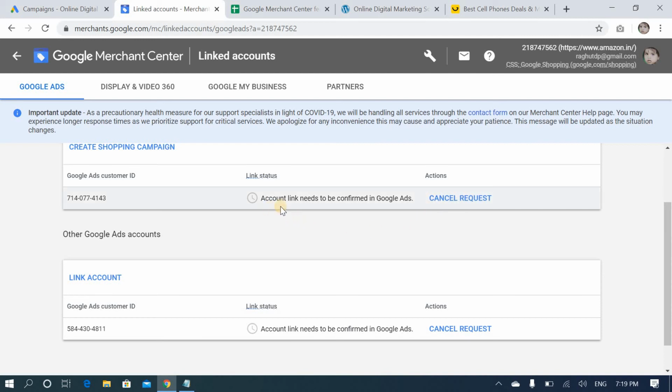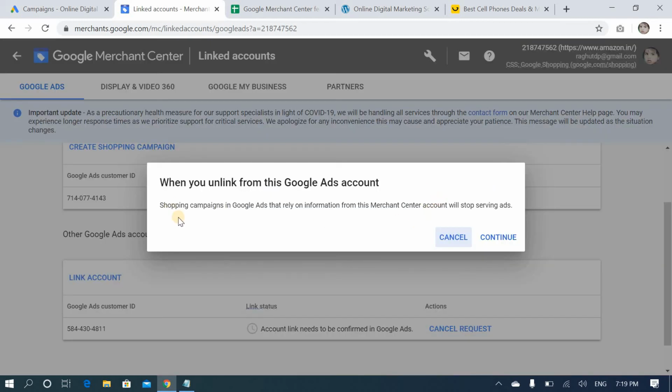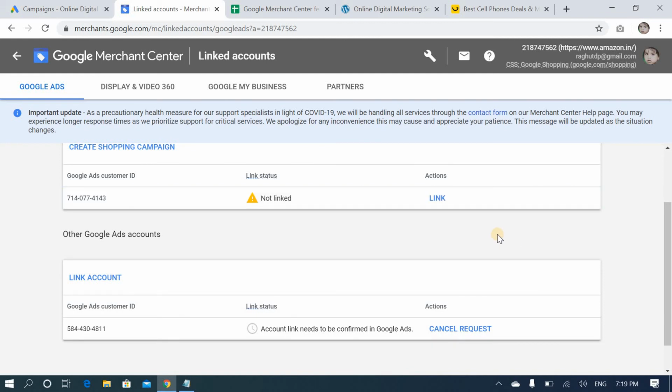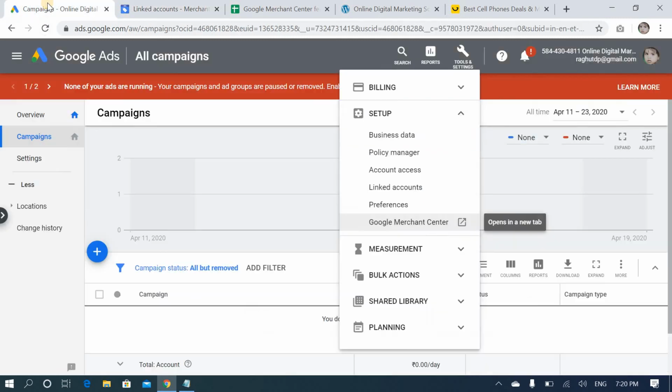It will take time. The account link needs to be confirmed in Google Ads. So just click cancel request. When you unlink from this Google Ads account, shopping campaigns in Google Ads that relay information from this Merchant Center account will stop serving ads. Continue. Yes, I used Amazon for demo purposes. I'm not linking. So once you have linked both of them, after this you have to go here.